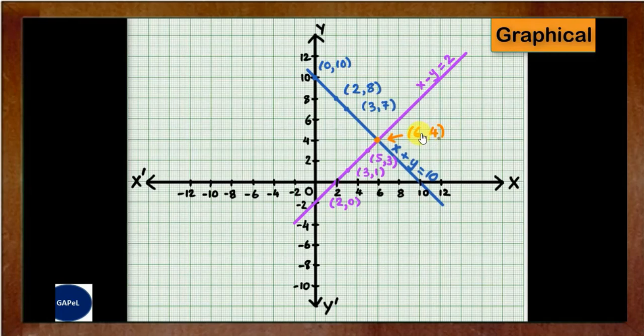So by substitution method we got same answer 6, 4. By graphical method we got same answer 6, 4, and by hit and trial method also we got same answer. So I hope this method is pretty much clear now. This method, if it comes for exam, let me tell you friends, this comes for 4 marks, and straight away you can get these 4 marks. Even elimination, substitution, they also come for same marks.